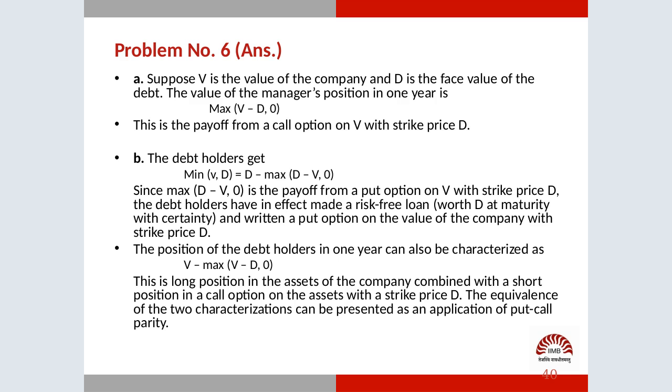Now, the position of the debt holders in 1 year can also be written down as V minus the maximum of V minus D and 0. Again, the same thing will happen because this is a long position in the assets of the company combined with a short position in a call option on the assets with a strike price D. This is nothing but the call and the put equation, which matches, and the put-call parity works. Finally,